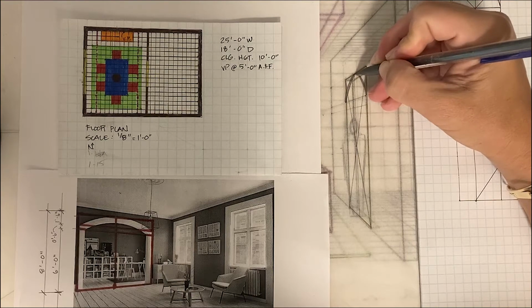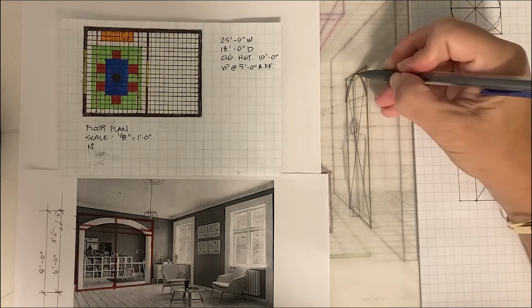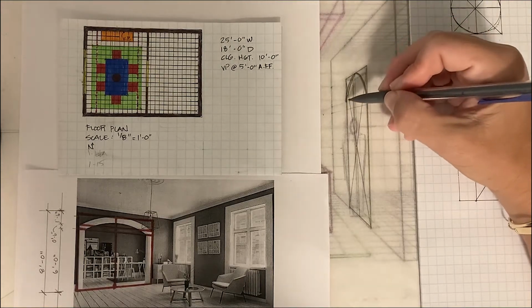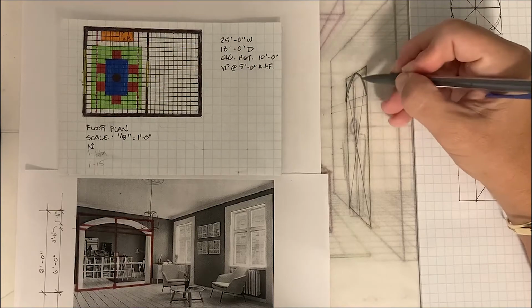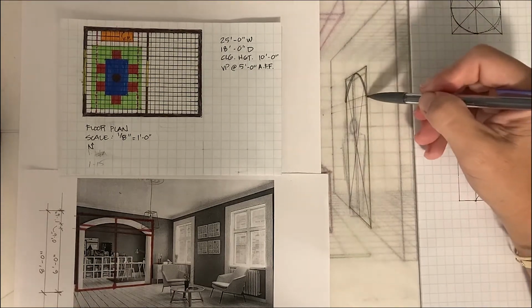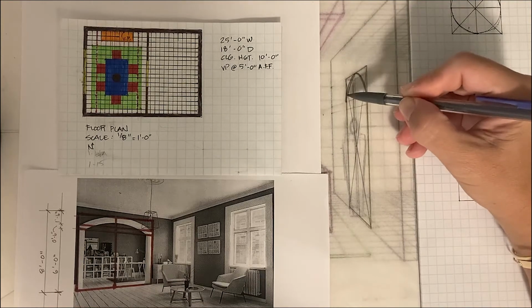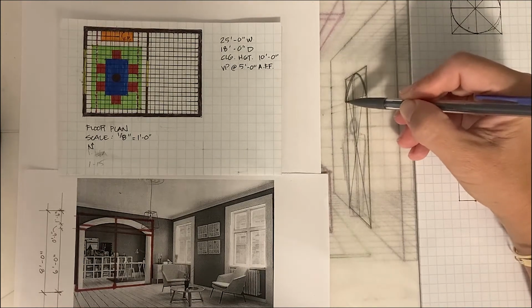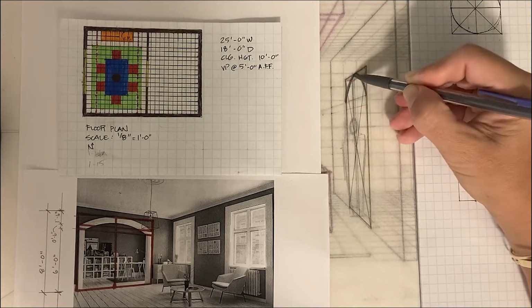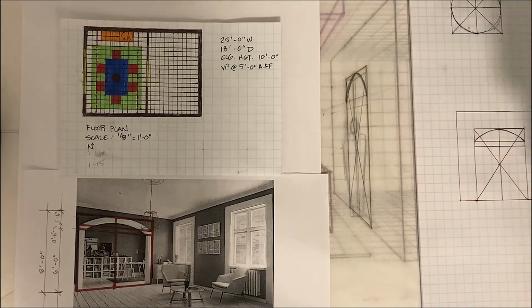When you're first learning how to do these, it can be helpful to draw it and then step away for maybe a day or two and then come back with fresh eyes, because when you see it with fresh eyes, you'll go, oh, that doesn't look right, and then you'll be able to adjust it accordingly. Okay, so there's the arc on the vertical surface, and then I would go ahead and erase some of that. And again, I could mess with this all day and still not be happy with it, but the more you practice, the better you'll get.